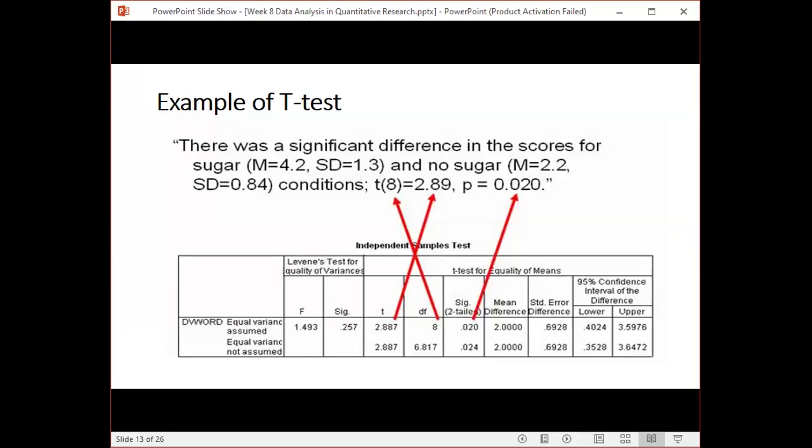Okay, so let's look first at the output that will come from testing using a t-test for two groups. Here, the two groups are sugar and no sugar, right? The mean for the sugar is 4.2, and the mean for the no sugar is 2.2. On the surface, with your eyes, if we ask you, is there a difference between 4.2 and 2.2? Yes, obviously, there's a gap, there's a difference. We can say that. But the point is that we need to